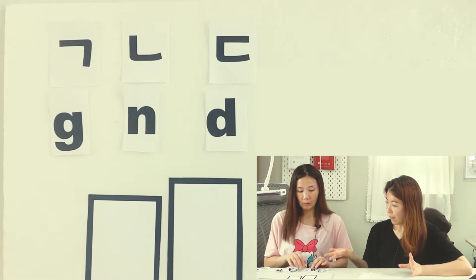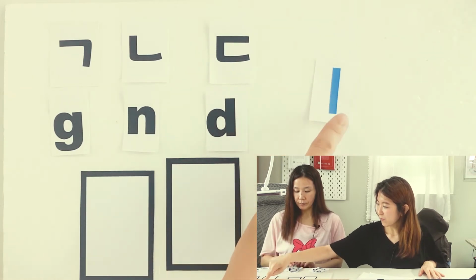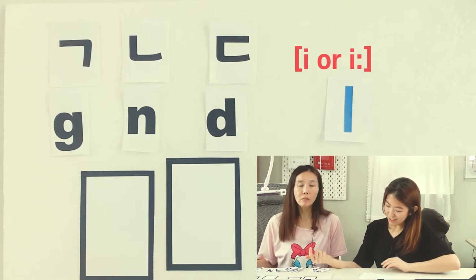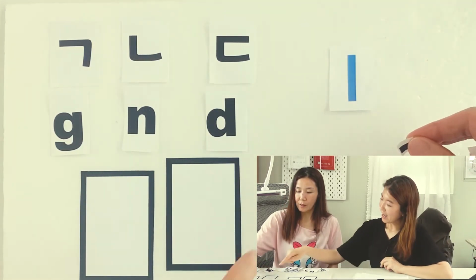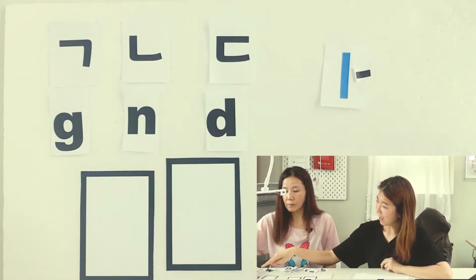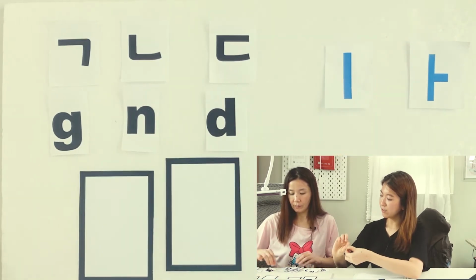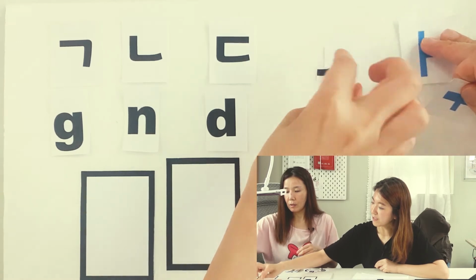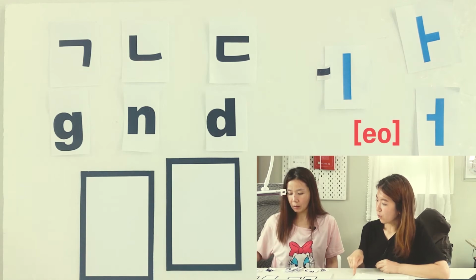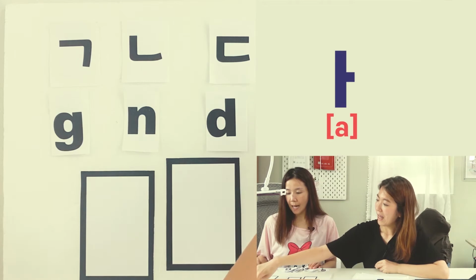And we also have vowels here. The most basic form of vowel is E. It looks like just a vertical line, but it is E in Korean. It has a long E sound. And we can add a short line on the right side of it, and it turns into A. And you can put this little short line on the left side, then it turns into O. So we're gonna learn these 3 vowel sounds, E, A, O.